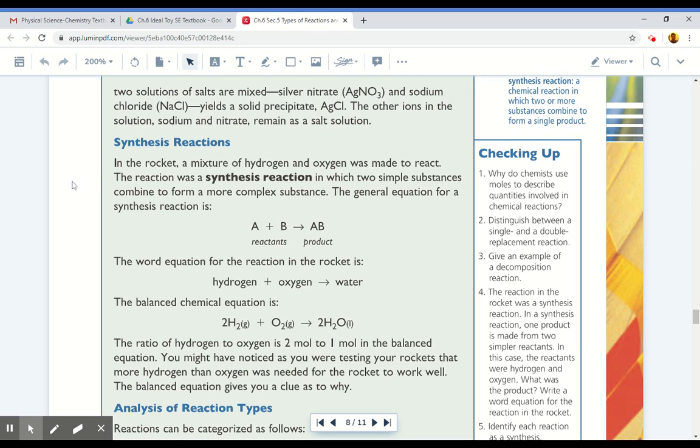Synthesis reactions. In the rocket, a mixture of hydrogen and oxygen was made to react. The reaction was a synthesis reaction, in which two simple substances combine to form a more complex substance. The general equation for a synthesis reaction is an element plus another element reactant equal the product of those two elements. The word equation for the reaction in the rocket is hydrogen plus oxygen produce water. The balanced chemical equation is